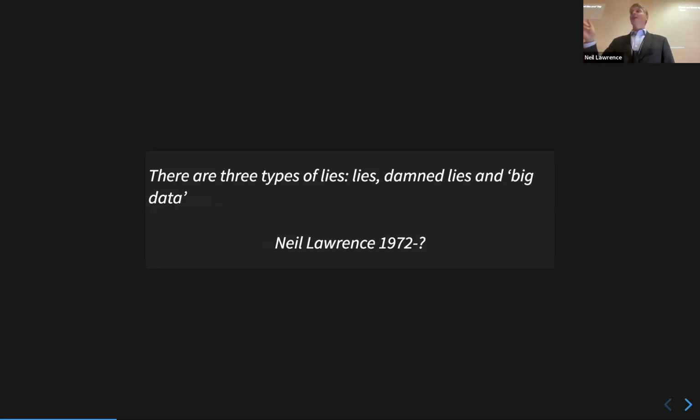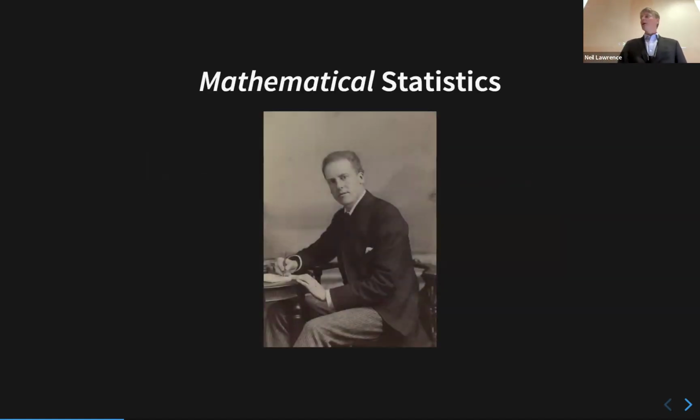So that there's three types of lies: lies, damn lies, and big data. When we're looking at new types of data sets, and indeed when we're starting to work with computers and LLMs, we can be misled in a large number of ways. And the field of data science is in many respects trying to get on top of that. So if we look at what happened in mathematical statistics, the initial field of statistics was called mathematical statistics because it was about proving when you could draw conclusions from data.